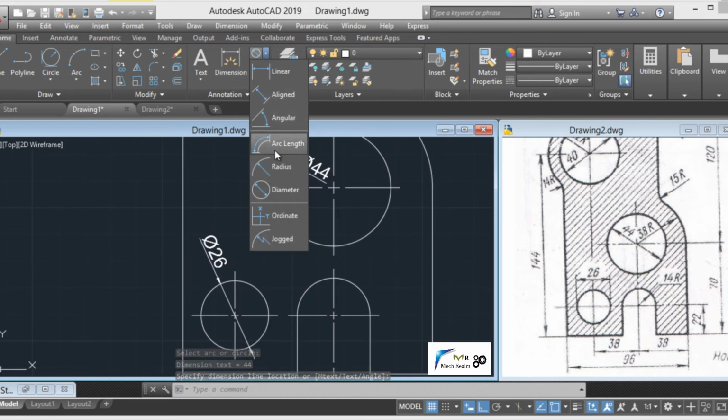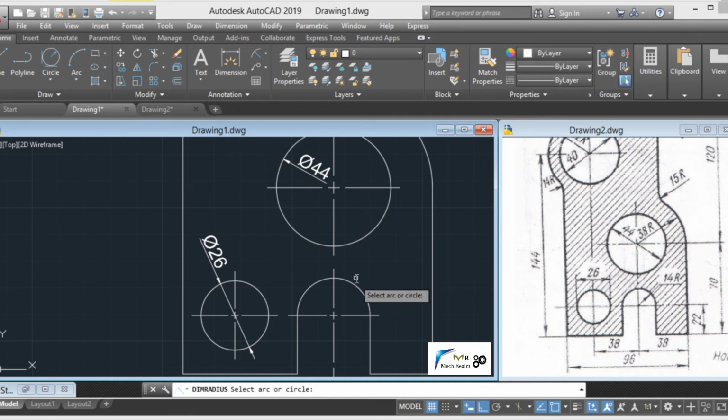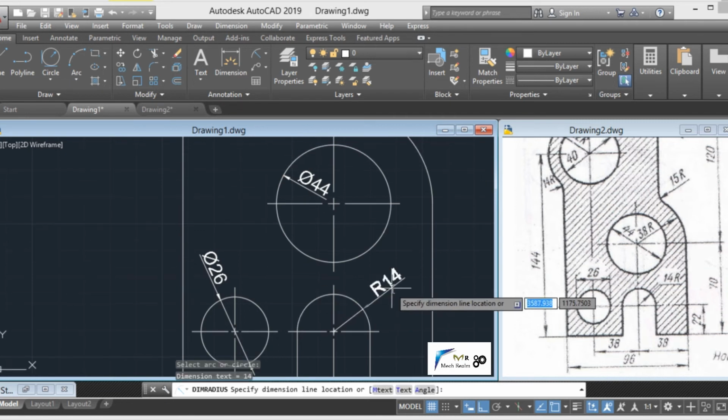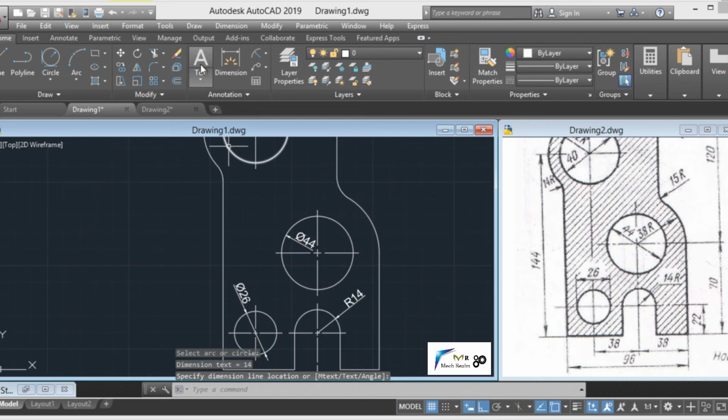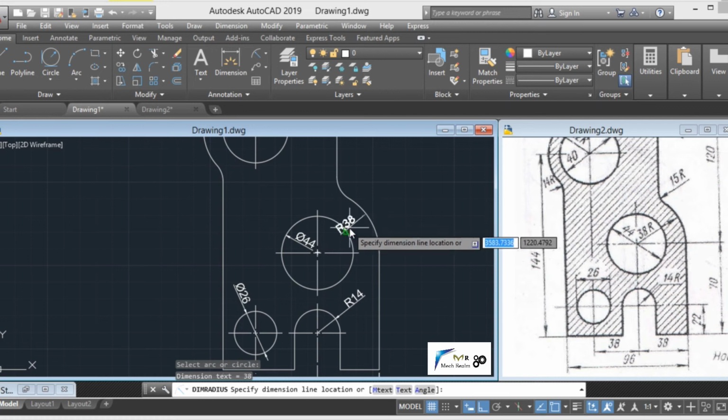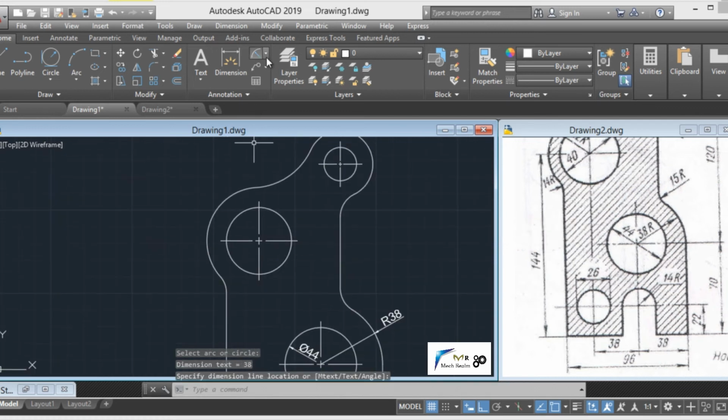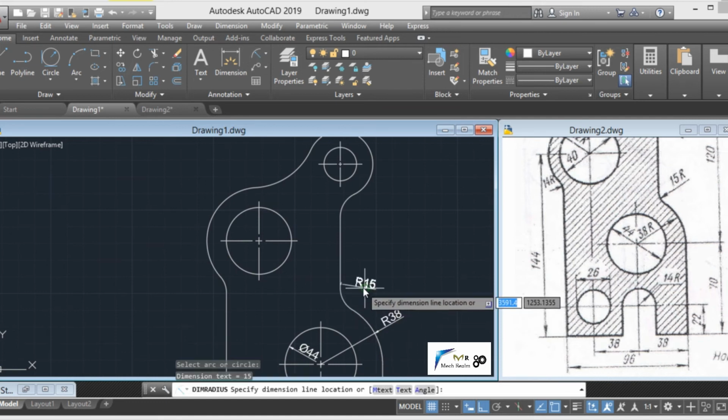Talking about radius, this one has radius 40. Radius once again, this radius of 38. This radius of 15 mm.